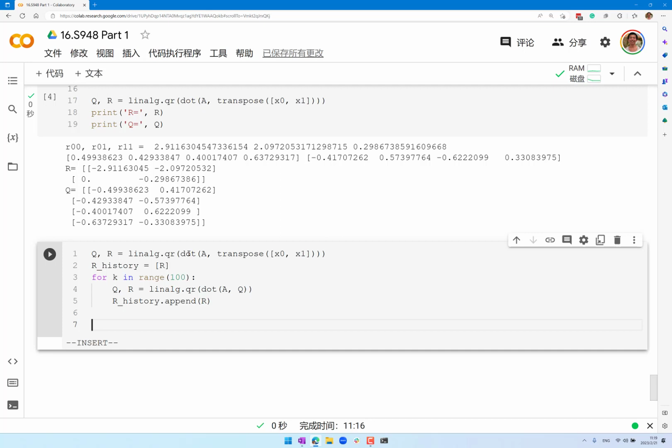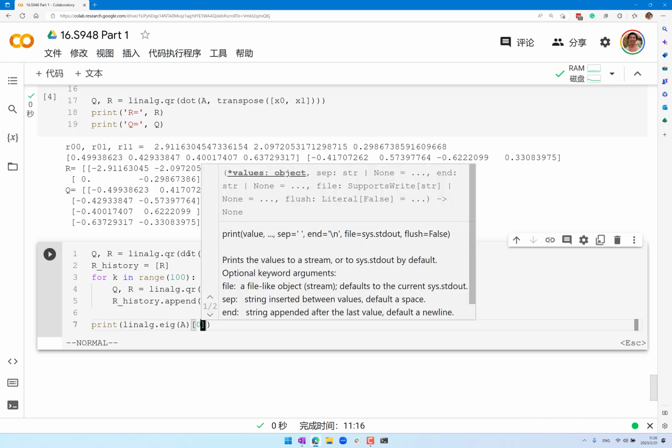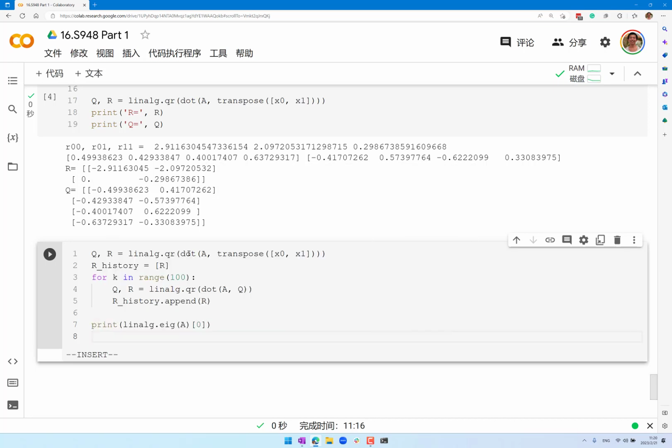So let's print the linear algebra dot eigenvalue on the matrix A. Actually, I only want the eigenvalues. And the second thing is really the product of the determinant of the matrices R, which is of course the determinant of the product, right? Okay, so what we'll do is